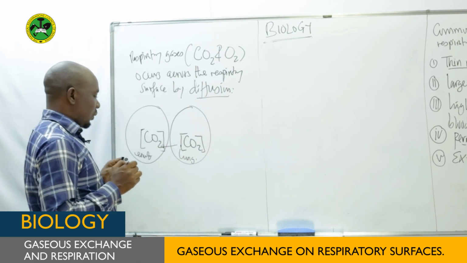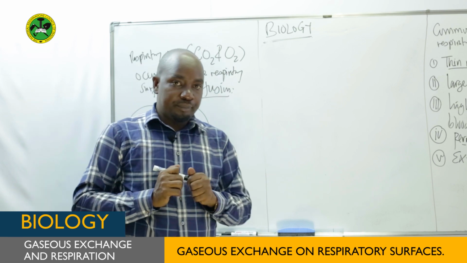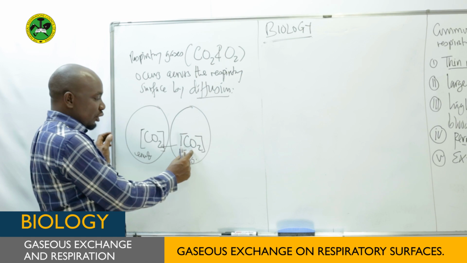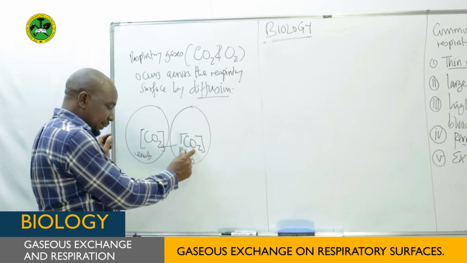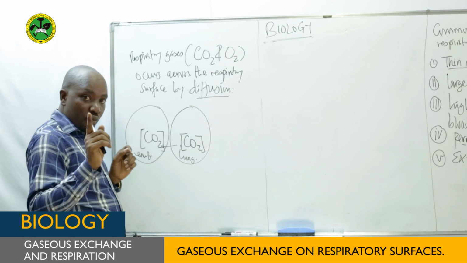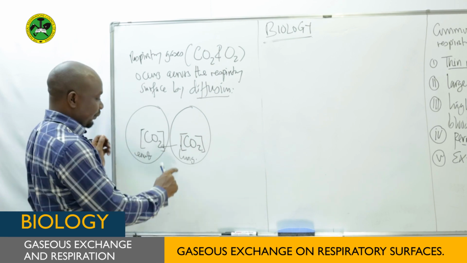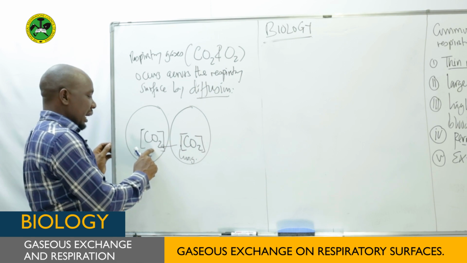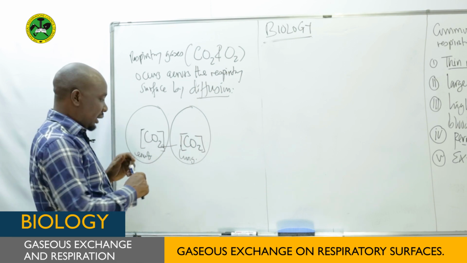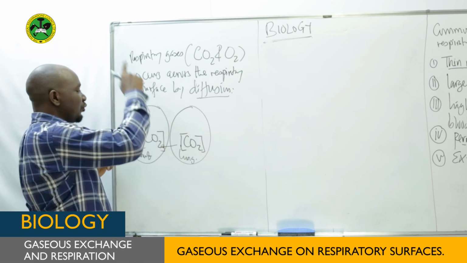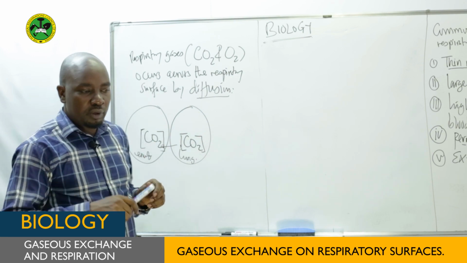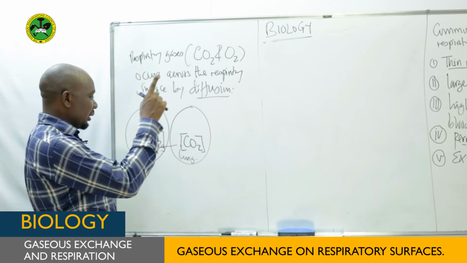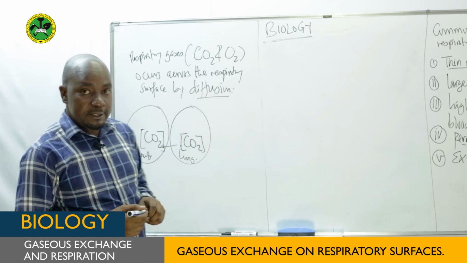into the environment. And the carbon dioxide will diffuse from the blood capillaries of the lung, which we call the pulmonary capillaries, into the alveolar sac. From the alveolar sac, this will move through the respiratory system to the atmosphere. So this has been taken to the atmosphere,